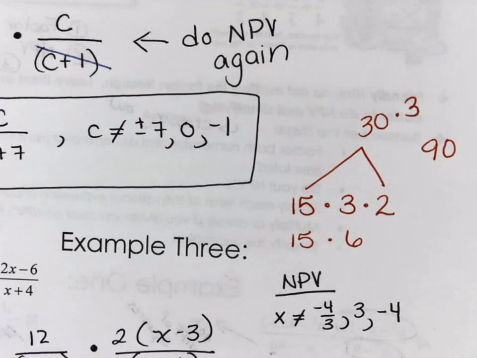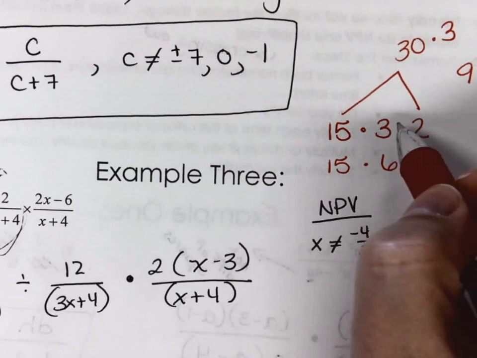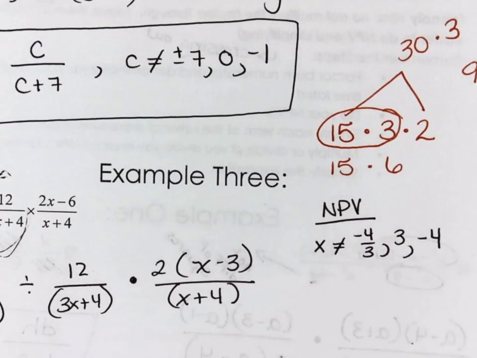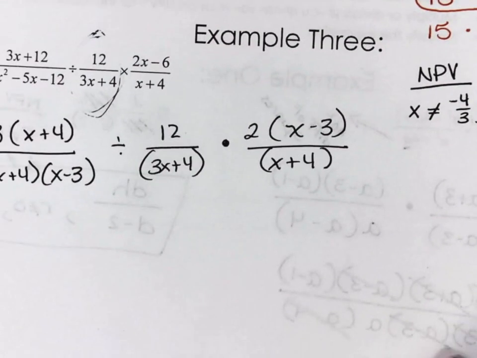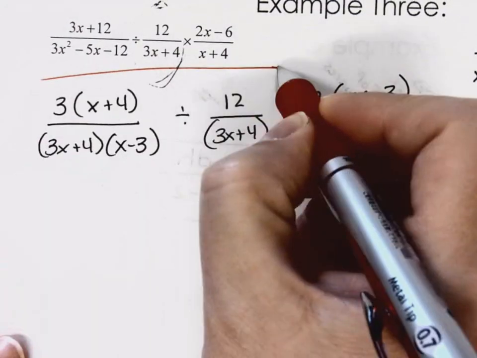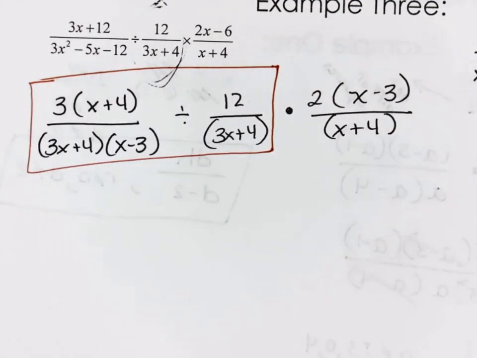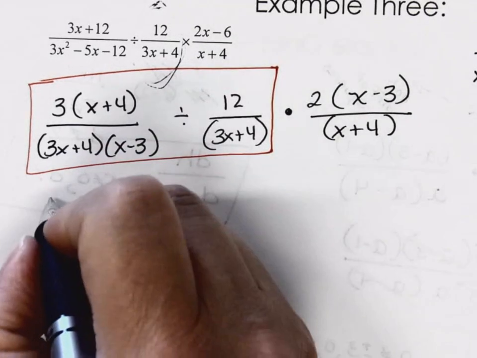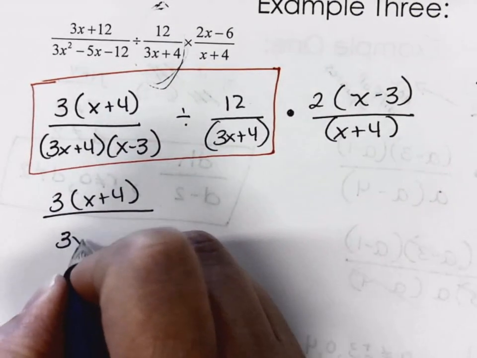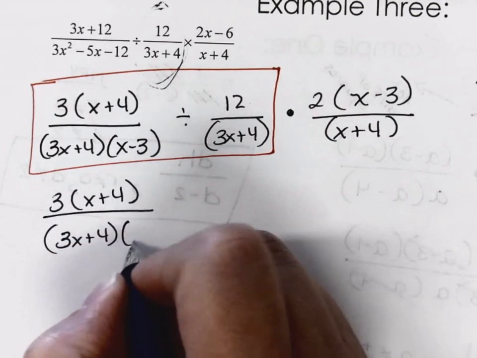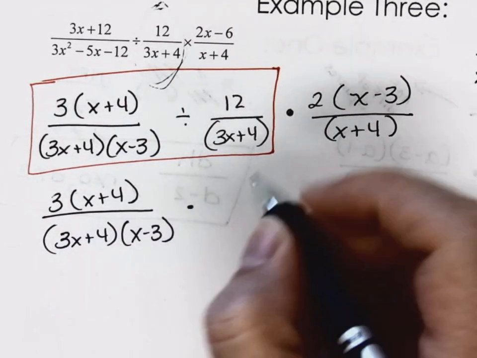So when you're dealing with 3 things that you have to multiply, usually you take and deal with the first 2, get the answer for that, and then multiply by the last one. So that's how we're going to tackle it here. We're going to look at these 2 things first. So that's going to be, keep the first one, 3x plus 4 over x minus 3, multiplied by,